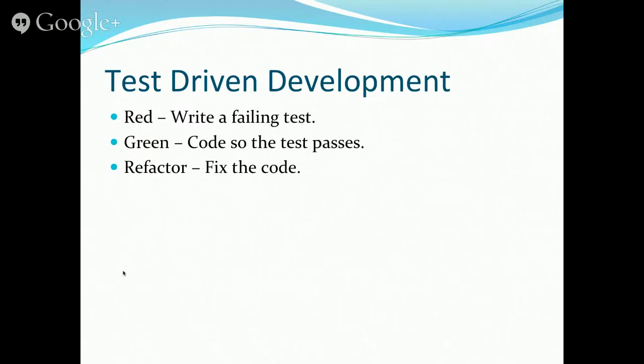So does anybody not know what red-green refactor is? Okay, it's up there. You can read it. So it's pretty simple, but there's a reason that the actual steps that you take are this way. It has to do a little bit with knowing that your test does what you think it should. Because you can write some code and say, this is testing this thing, and if it passes, then you think it works. It's really getting rid of the false positives and negatives, right? You want to know that when you've coded something that it works.